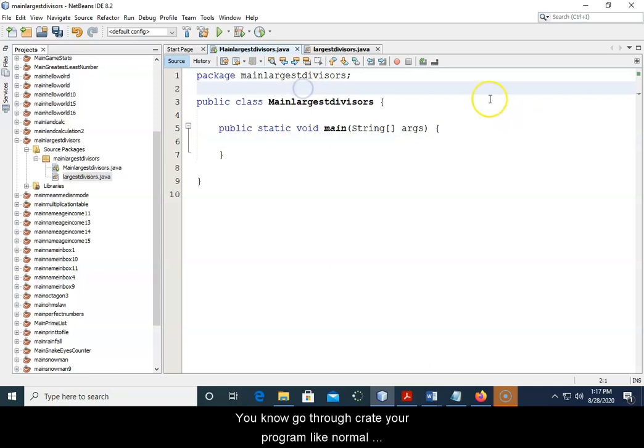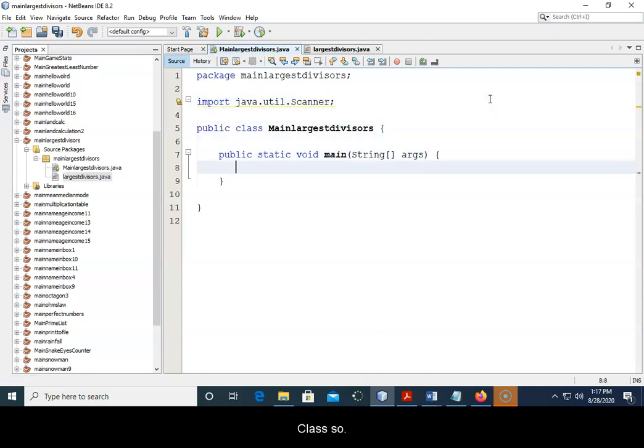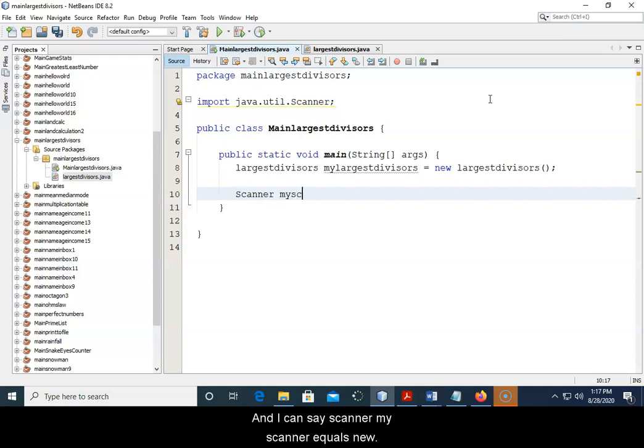Okay. So go through, create your program like normal, import the java.util.Scanner class. So I'll just say my LargestDivisors equals new LargestDivisors. And I can say Scanner, my scanner equals new Scanner System.in,